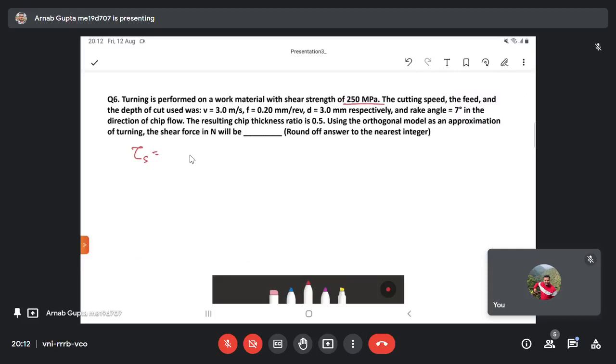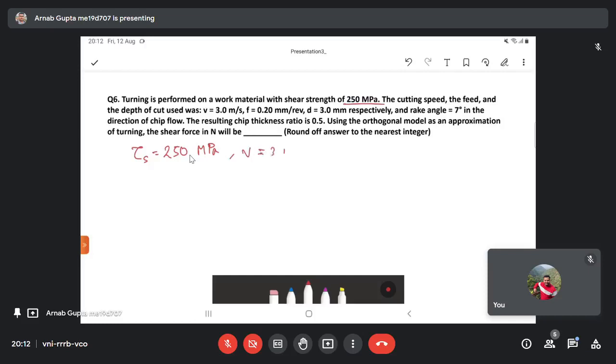In a realistic scenario, I'm just speaking, another type of problem is where you are given a material which is known to you. As an engineer, you have to predict the forces that will be acting on the tool and then design the tool accordingly. So this problem is of that sort, whereby you are given a known material with a known value of shear strength, 250 MPa. The cutting speed, feed, and the depth of cut